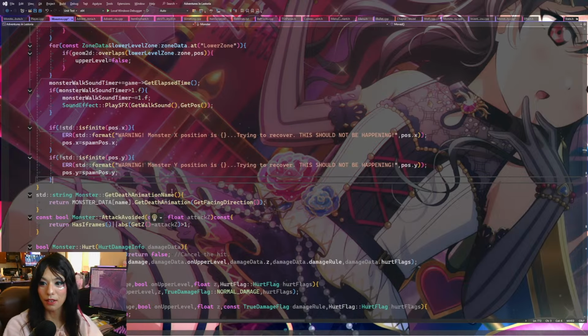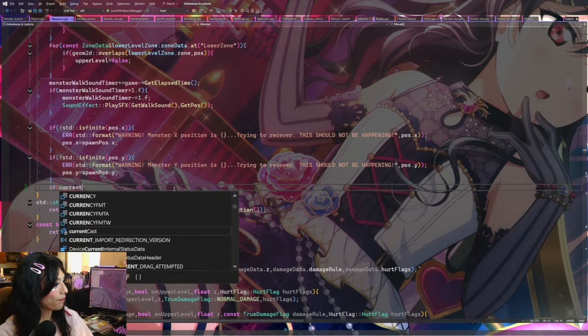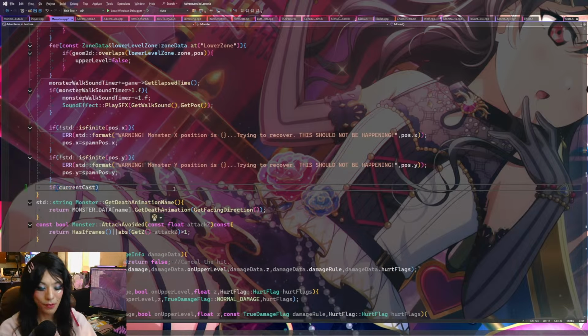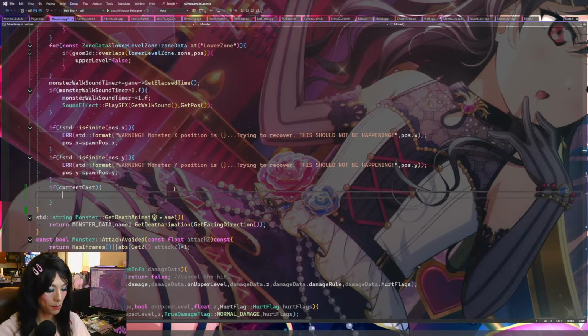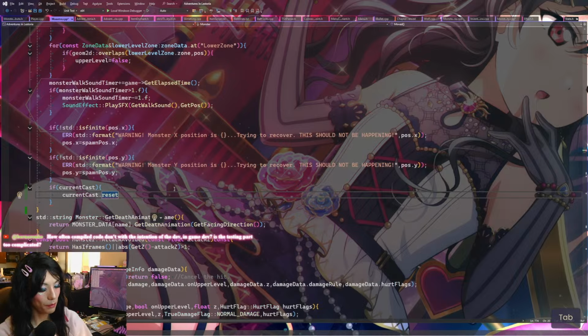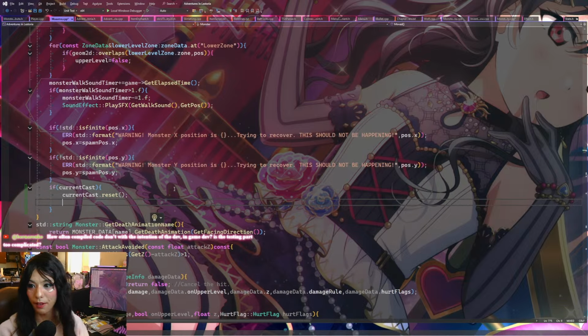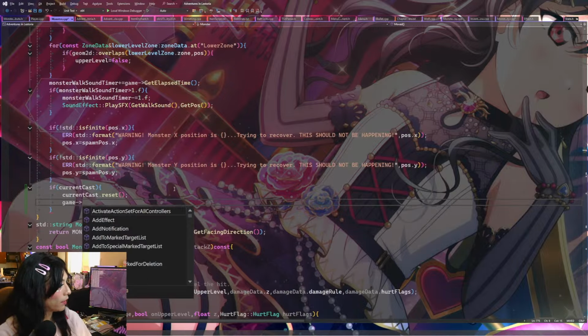So I'm just going to go ahead and say, if current cast, then we are first going to stop that cast. So we're going to say current cast reset, and then we will follow that up with, actually, we want that interrupted text to pop up, but for the monster instead. So we're going to get a damage number displayed here. So we're gonna do game,